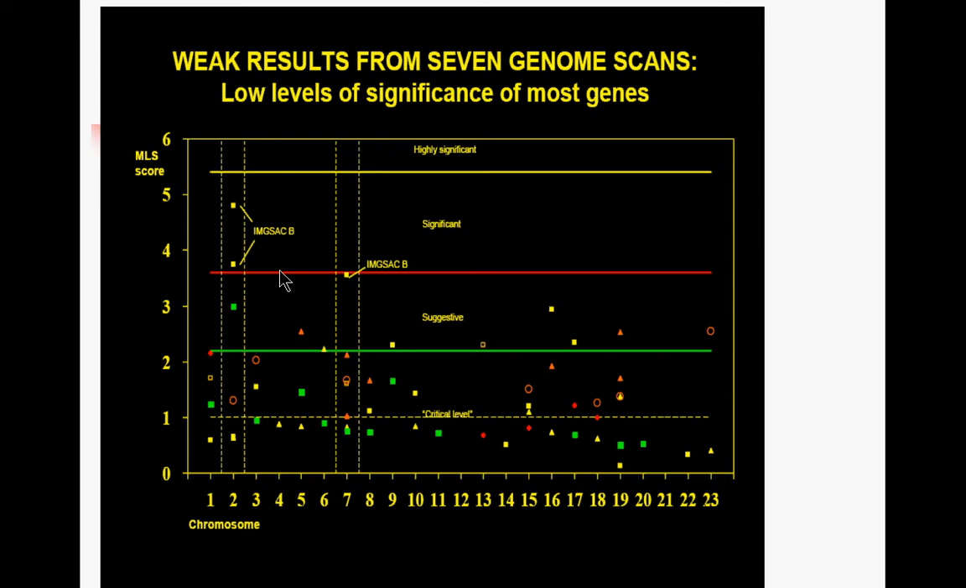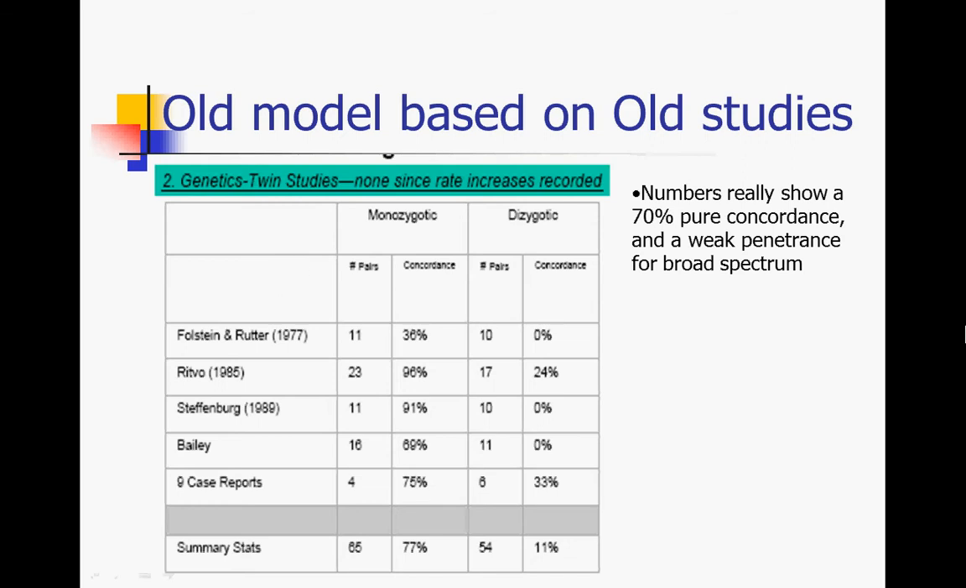Again, following this older model that a gene produces some abnormal brain chemistry that then contributes to the symptoms of autism. This model really is also based off of twin studies, and here you can see the twin studies: Folstein and Rutter, Ritvo, Steffenburg, and then looking at different case reports. And what they did is they took monozygotic twins, meaning these are the identical twins. And here is how many identical twins, the 11, 23, 11, 16, that they found, and they looked at if one child had autism, what's the likelihood of that